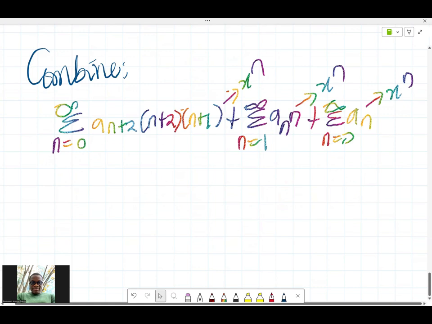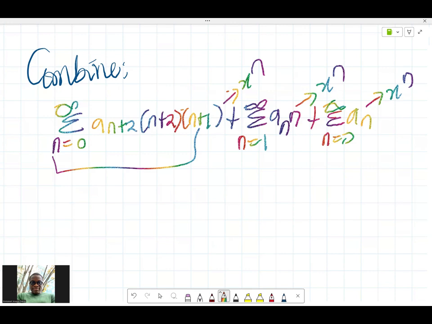Okay. So now, for everything to be at the same level, from everything to start from n equals 1, it means we have to take care of n equals 0. So if you put n to be 0 now, this part is just going to be a 2, because n is 0, right? So this is going to be a2 into 2 into 1. So a n plus 2, that's a 0 plus 2, that's a2. Then 0 plus 2 is 2. N plus 1, that's another 1. So we have that. Then plus summation from n equals 1 to infinity of